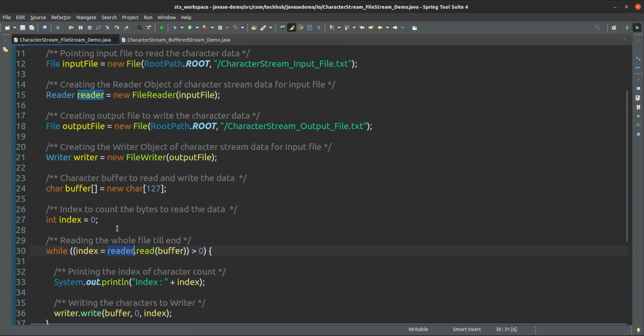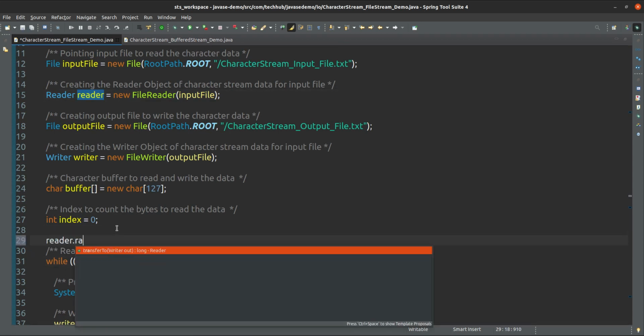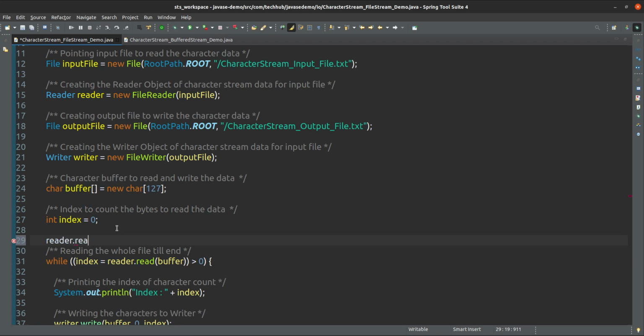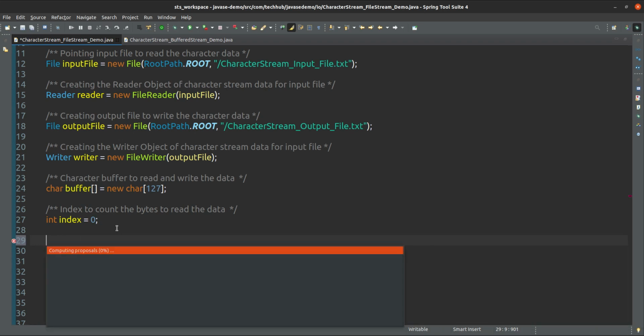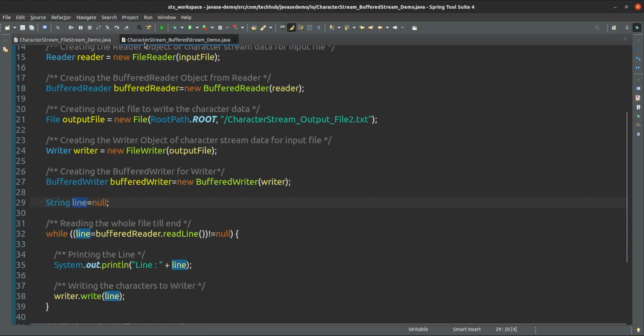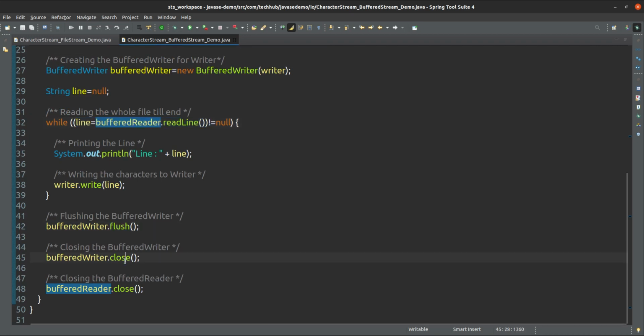See, if you see here, read is there, but the readLine method is not there. But inside buffered stream, the readLine method is there. Inside this buffered writer or buffered reader, readLine and writeLine are there. Writing a line is not required, you can write this line also. So this is the read. So here lines are there, I am checking with line. If a line is available, I am reading, so I am writing, and after writing I am closing this one.